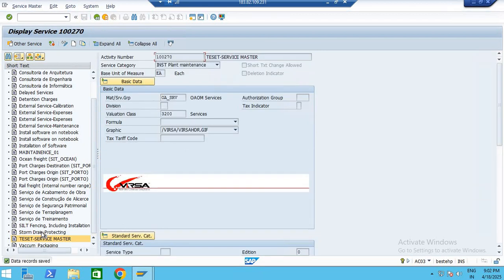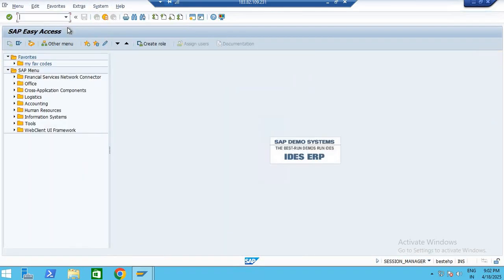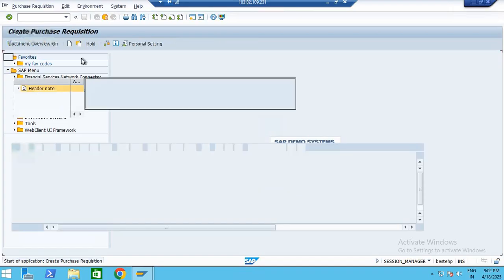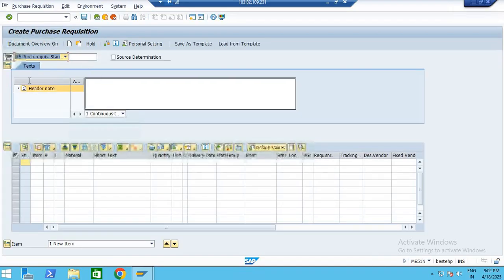हमको errors भी आते हैं बहुत सारे time. ये देखो, आपका test service master create हो गया, ये आपकी activity number आ गई. That was previously temporary, but how we can use it, let's see. Suppose you are going to do procurement, MA51N, test purchase requisition. Okay,